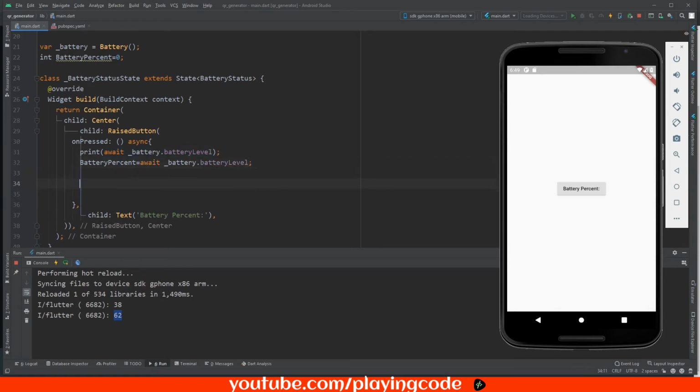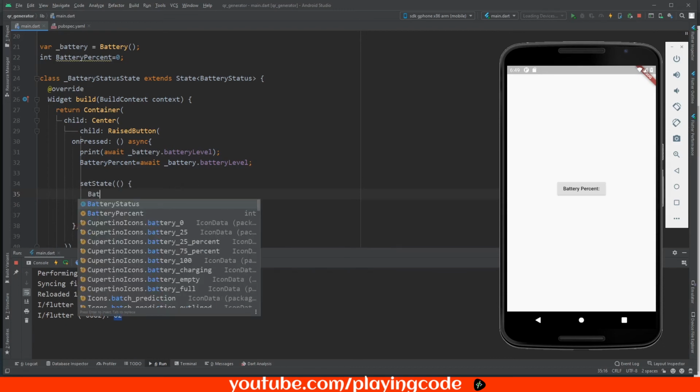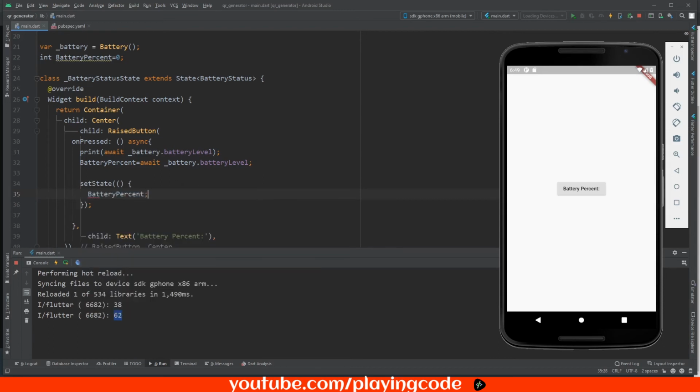And now still the raised button is not going to have the battery percentage. Why? This is because we have not refreshed our UI at this point. So how do we do that? In the stateful widget we can do it with the setState method, and all we need to do is just type out the battery percent, and that's it.